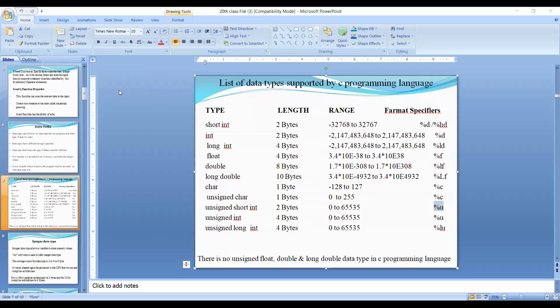So finally, these are the data types: integer, short integer, long integer, float, double, long double, character, unsigned character, signed character, unsigned short integer, unsigned long integer. These are the sizes, these are the ranges, these are the format specifiers. In general, we will use only 3 data types. So you have to remember 3 data types. I told at the beginning of the session, that is integer, float, character.